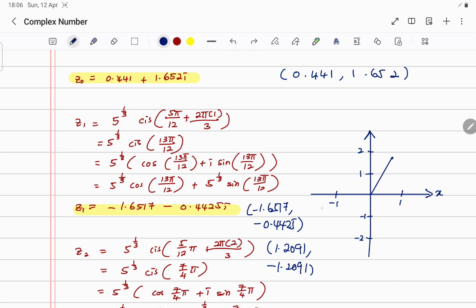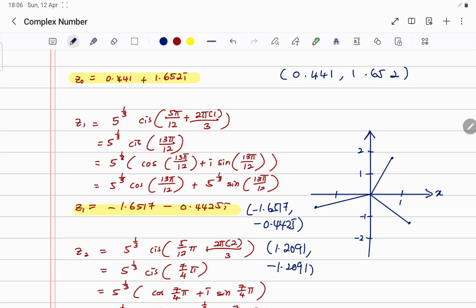Okay, another one is 1.2091, negative 1.2091, so maybe around here. So by right, this is the